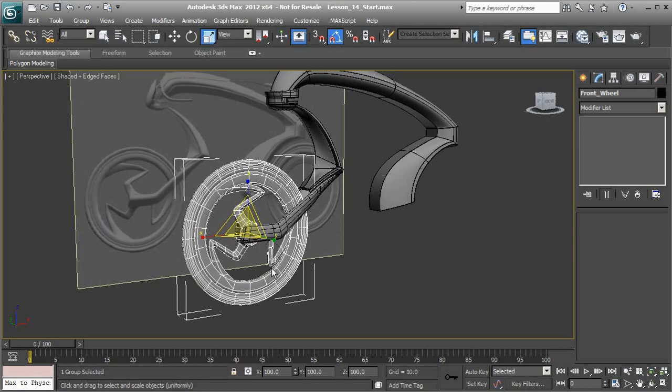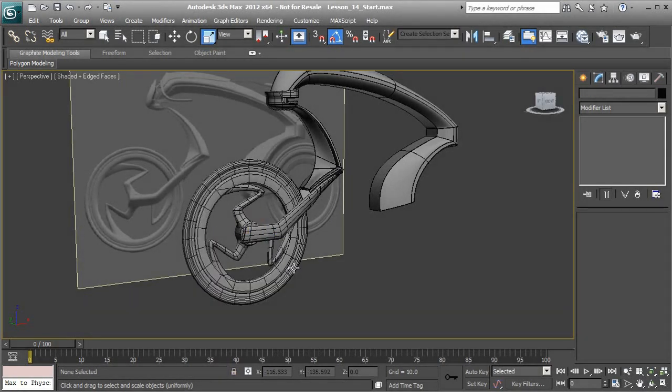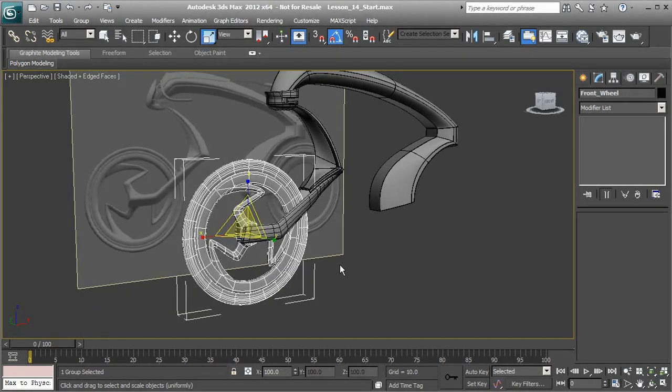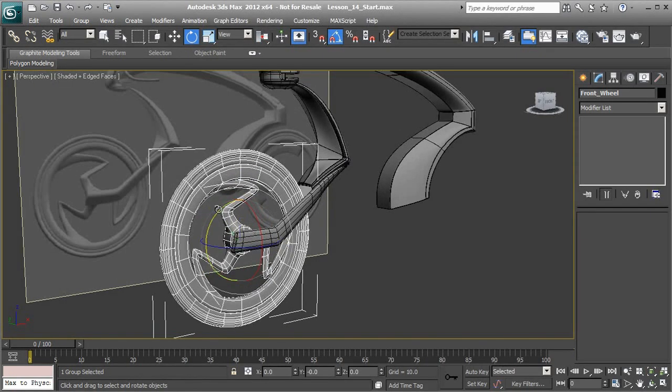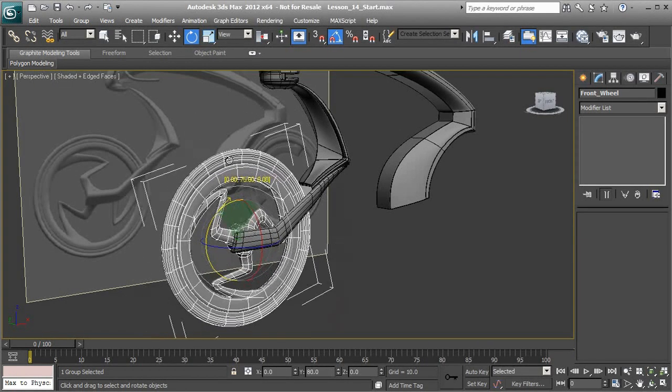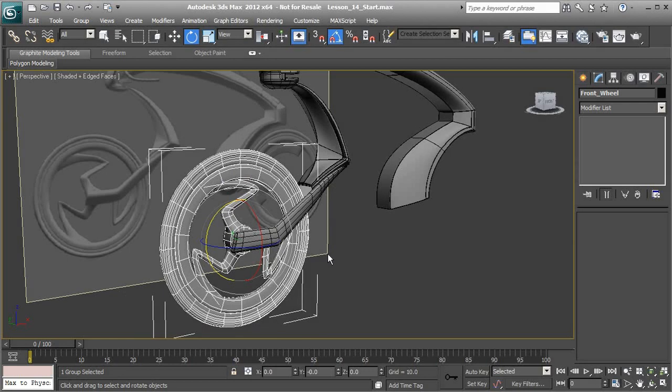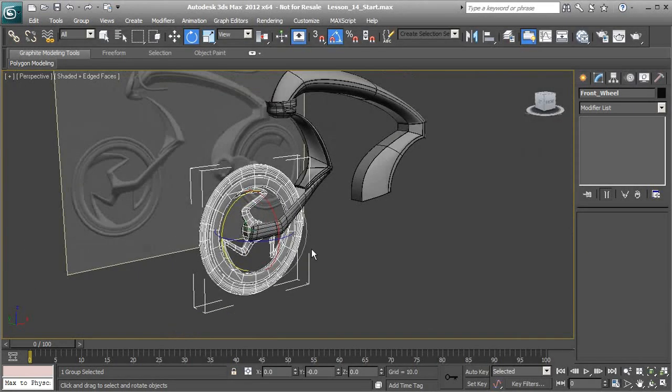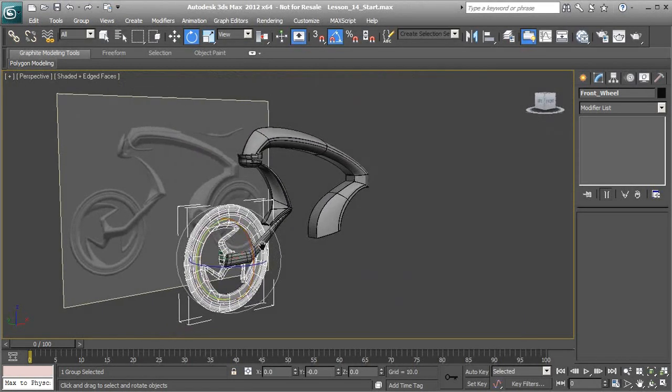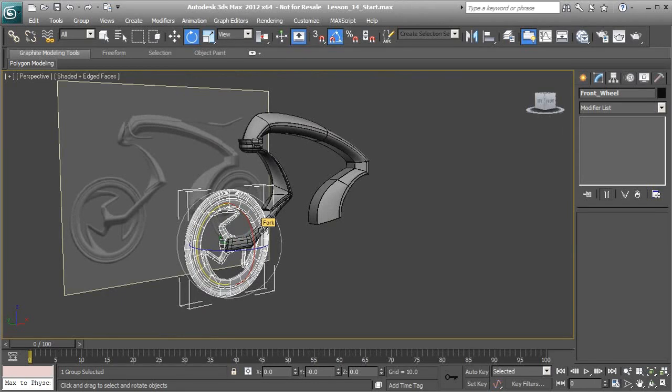So now these objects will stay together. So whenever I select any piece of this, it selects all of those. So now if I want to, I could go ahead and rotate this wheel and give it any kind of shape that I'm looking for there. So, alright, this is looking pretty good. And what we're going to do in the next lesson is we're going to go ahead and build out the